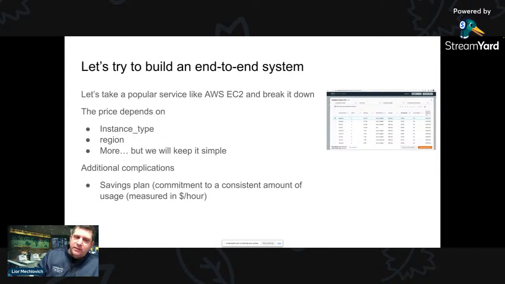Okay, so maybe to make it a bit more concrete, I would like to get an example. Let's try to build an end-to-end system and then understand through an example why this is complicated, or maybe it's simple. We can try. Okay, so for this example, we're going to take EC2, right? I think everybody knows that. So compute, and I'm going to ignore a lot of things. This is going to be a very simplified example. I'm only going to talk about this example. Okay, I have an EC2. I'm going to price it based on instance type and region. I'm not going to talk about data transfer, network, all this stuff, which will make it, of course, much more complicated, but I think it will be good enough.